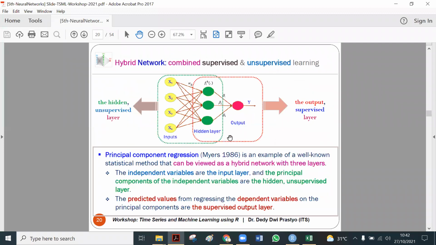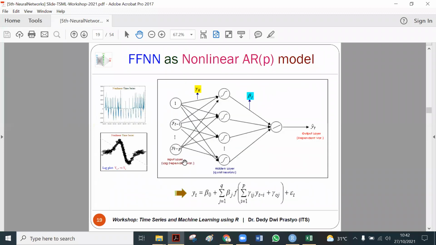When we have time series data and we want to apply a neural network, the question is, what are the inputs? What are the features? So we can use lag values as inputs. The next question is, at which lag? Lag 1, lag 2, or lag 7, lag p, or what?